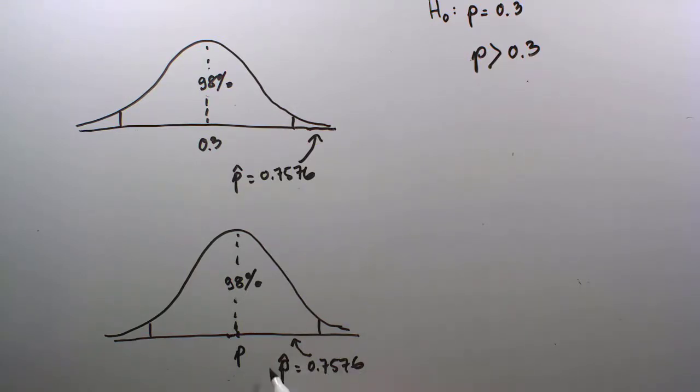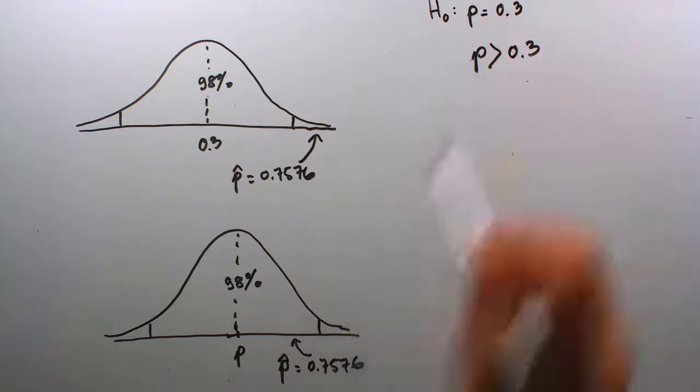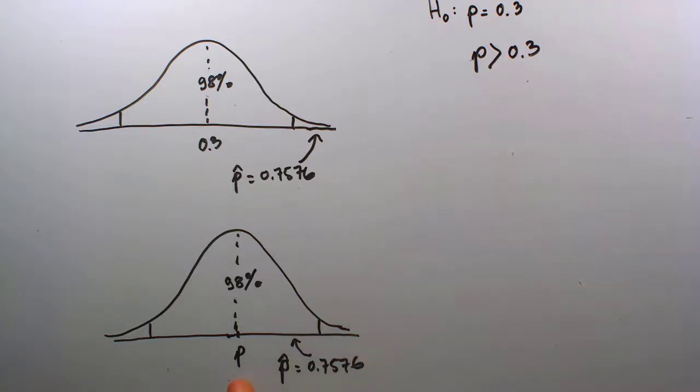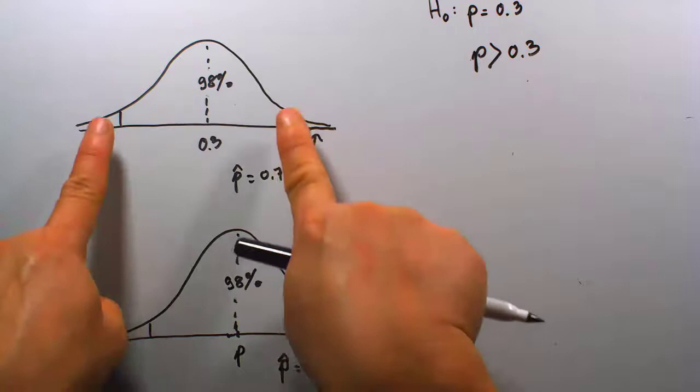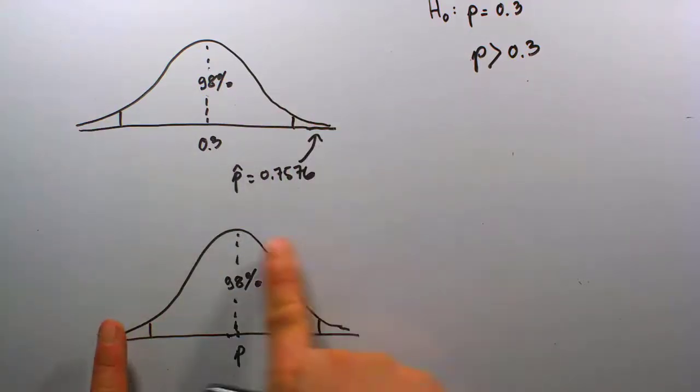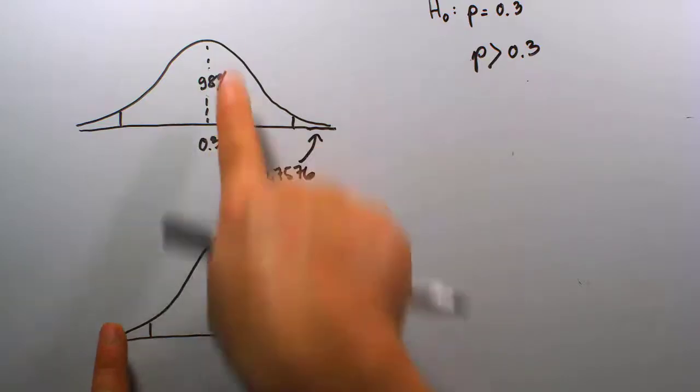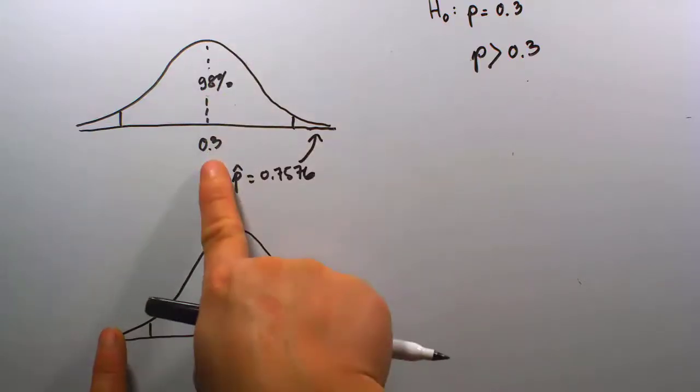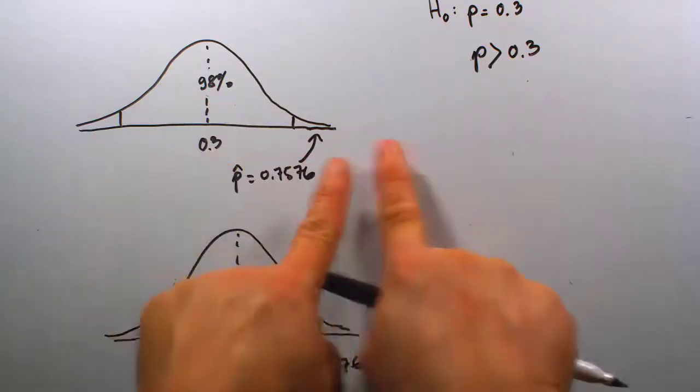Because if the claim is brought up to a higher value, the 98% common zone is shifted along with that claim, because the common area is always that big fat area centered at the claim, around the center of the bell curve. So if that center is being shifted to the right,